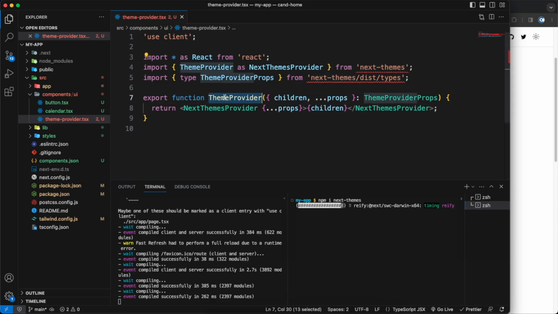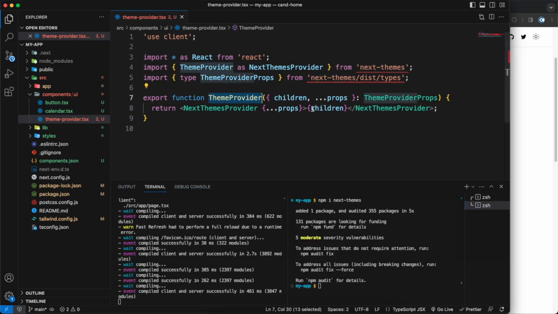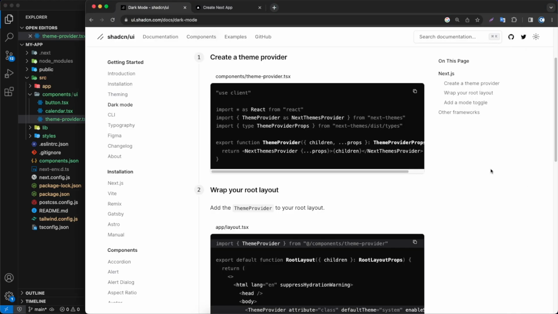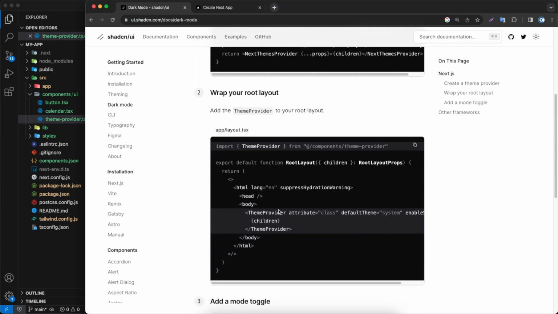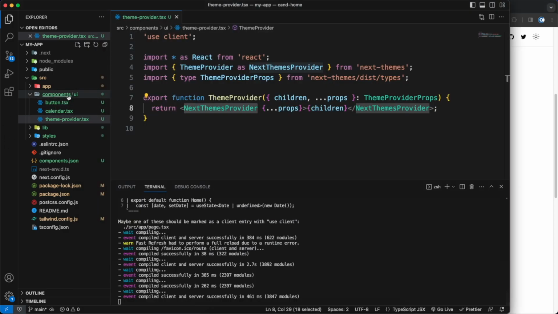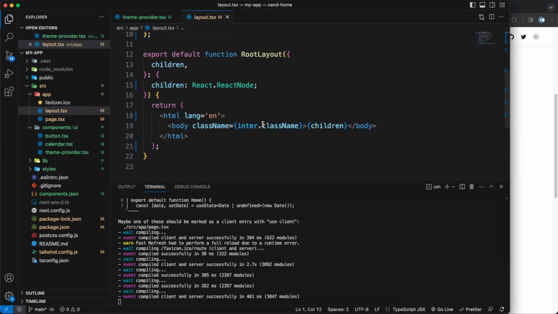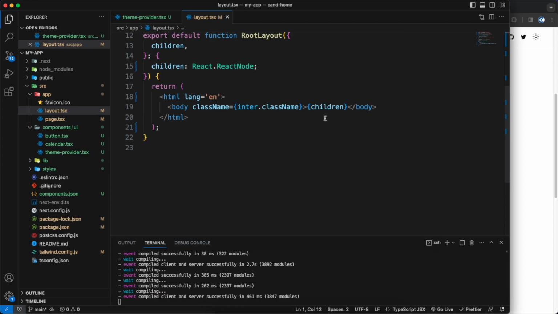And this basically creates the theme provider, and we wrap the children inside the next theme provider. Okay, it's done. So let's go back, and next we need to go to layout and wrap the children here with theme provider. So let's go back to the layout. Inside the app here we have layout, and we need to wrap these children here with theme provider. So let's do it like so, and we need to wrap these children with, let's say